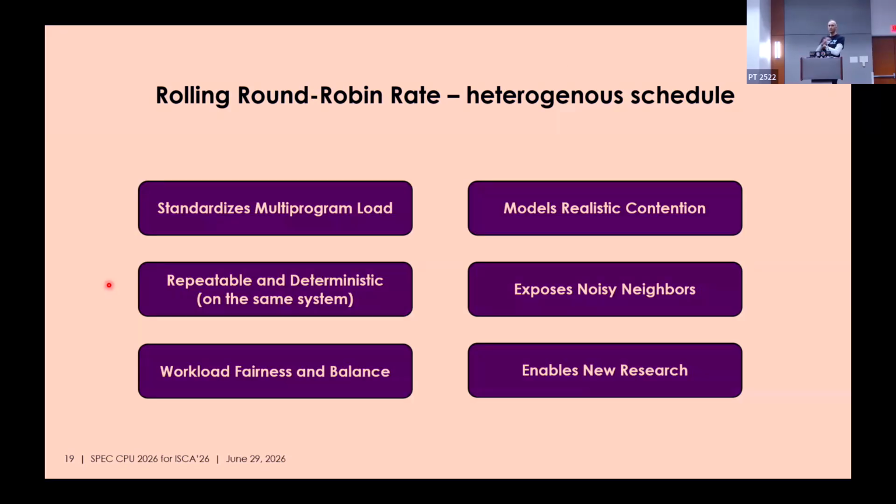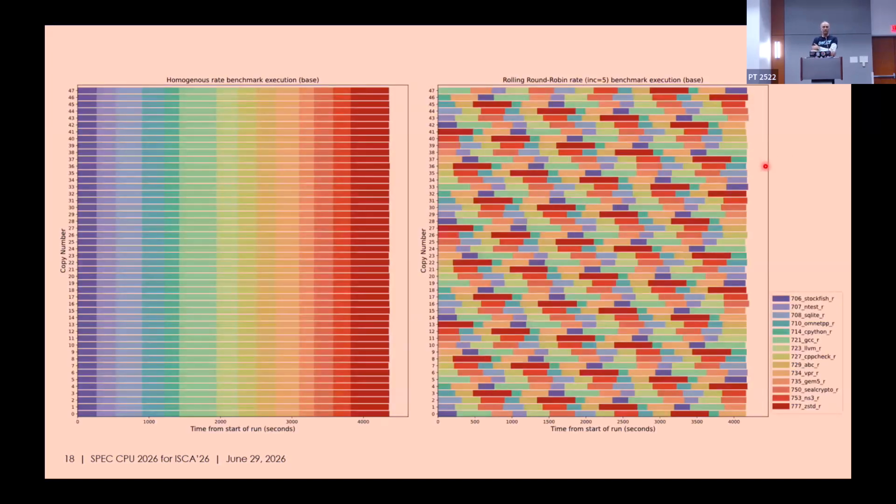We have some trouble across systems. Here's where there's an open call for research. How would you compare a system that has a slightly different interaction because its cores are different? So that's open. But we're trying to address and model realistic contention, expose noisy neighbors, and then enable new research. If you're an operating systems researcher and want to figure out how to schedule a heterogeneous load, you can try it out using this and not be subject to weird IO or network issues. This is purely CPU centric.